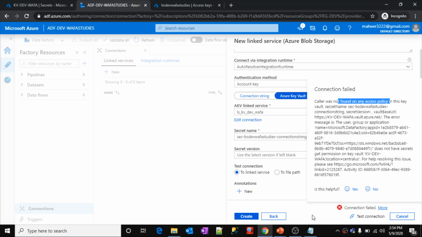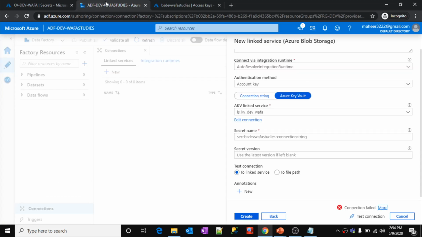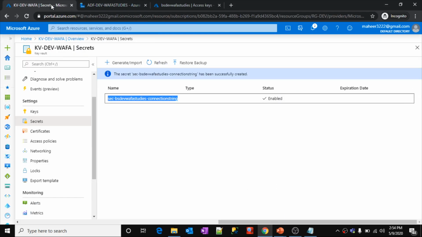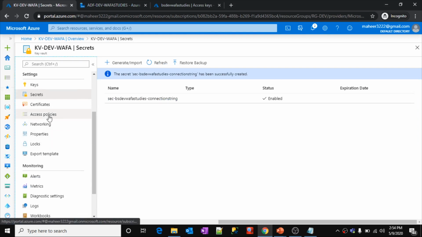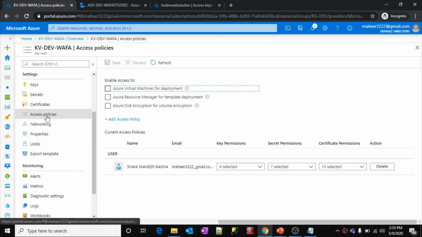So what we should do is go to Azure Key Vault. Okay, so before going to Azure Key Vault, what you should do is inside your data factory itself. Okay, that is fine. Directly go to Azure Key Vault. I will show you that, no problem. So here, right, there is something called access policies. Click that access policies. Okay. So here what you should do is you should add an access policy for your Azure data factory. Okay. So whenever you create any Azure data factory, there will be a Microsoft.